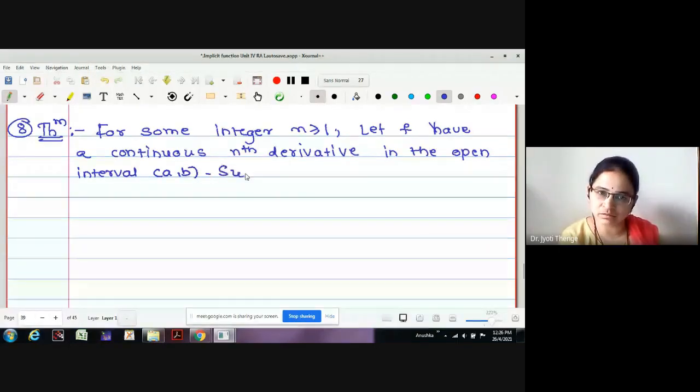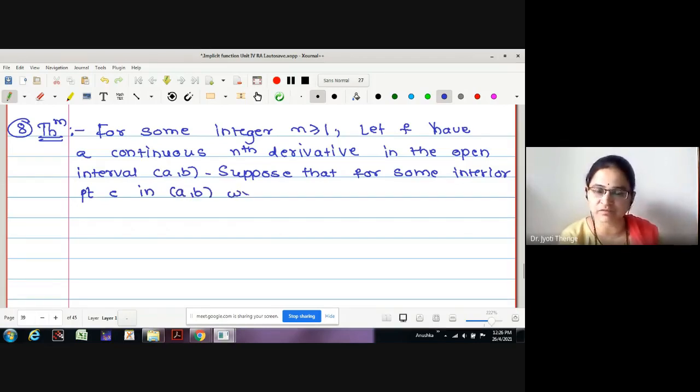Suppose that for some interior point C in the closed interval AB, we have